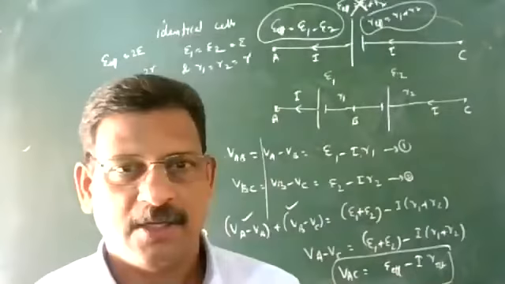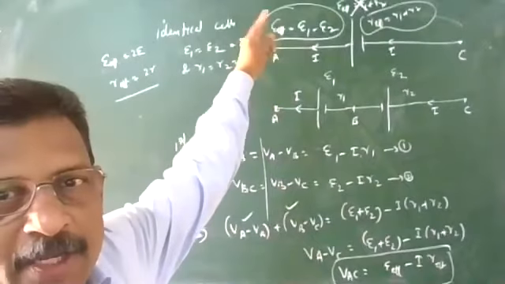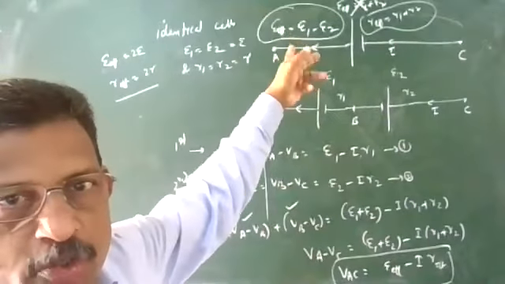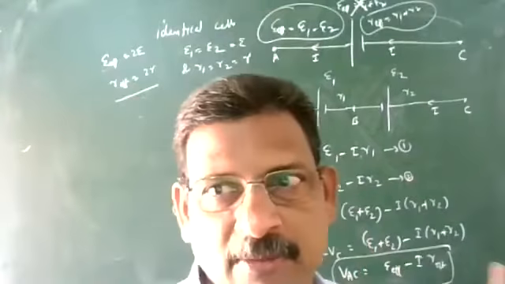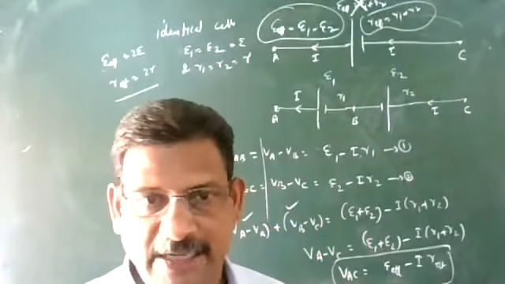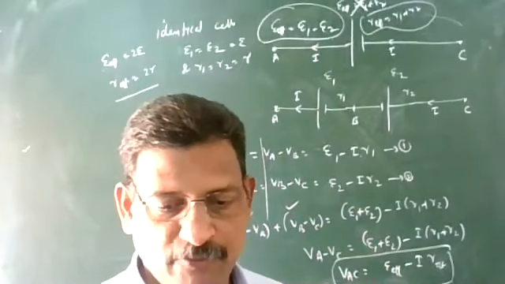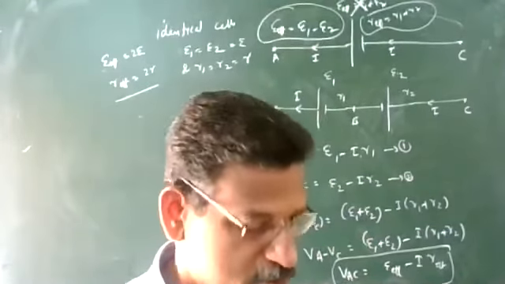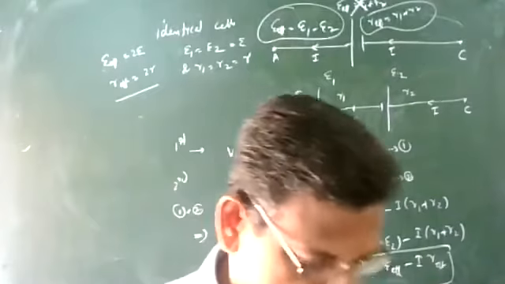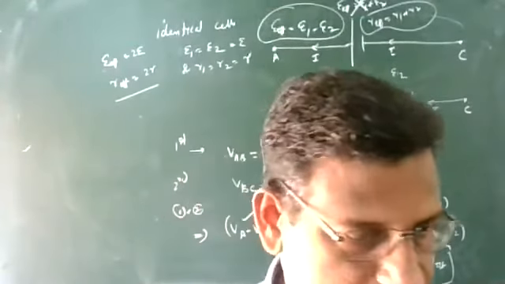These are simple values, but the reverse connection will come in examinations. They will be connected in the reverse order. So the effective value will be equal to E1 minus E2. But the internal resistance we always add, because they remain connected in series. Okay, so write this equation, all of you: E effective in series and R effective in series connection. Next we have to go for parallel connection. So write these equations 5 times in the topic.